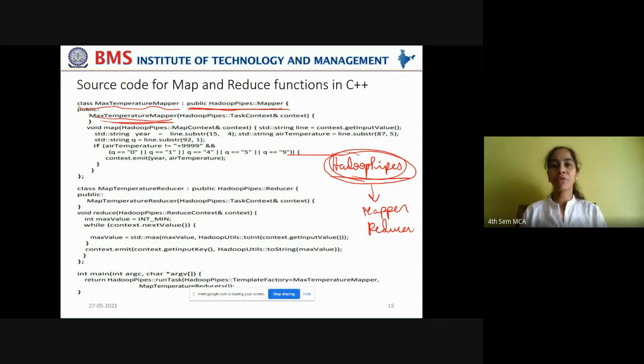What is the goodness of a constructor? Whenever an object of a class is created, that class's constructor will be automatically executed. Now this constructor, MaxTemperatureMapper, is taking what kind of parameter? A context variable, in order to pack the output of the map phase and transfer it to the reduce phase.